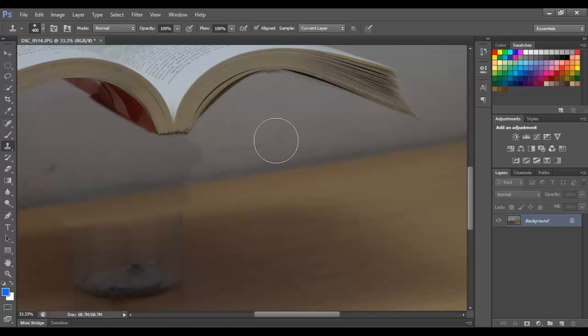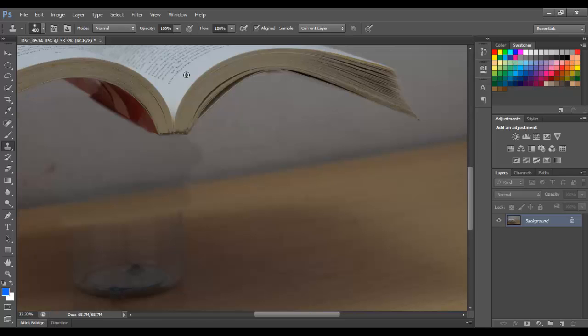What a clone stamp tool does is, if I select this area using the clone stamp tool, it allows me to copy this area and paste it somewhere else. Basically I can copy any area and paste the same area somewhere else. You first select the area which you want to copy. Suppose I want to copy this part of the book. I place my icon here and then I press and hold Alt, and you'll see it change into something like an aim icon, and keep the Alt pressed and left click the mouse, and now it has